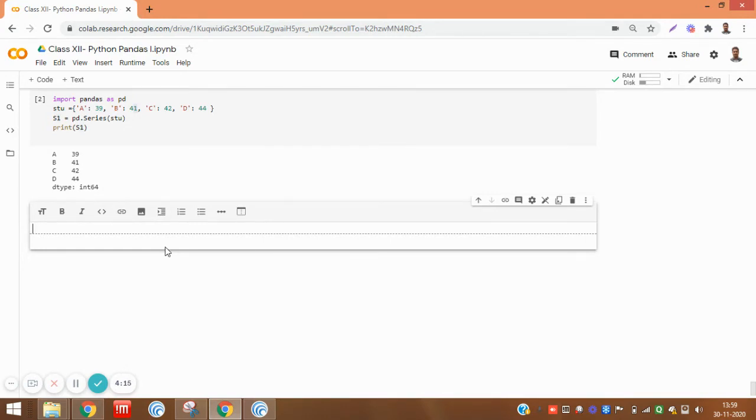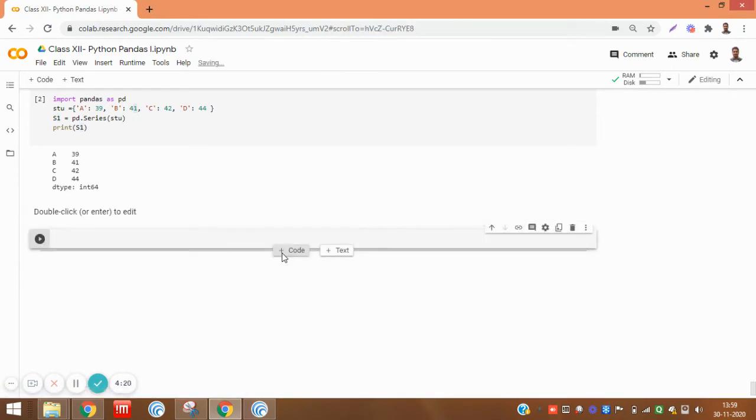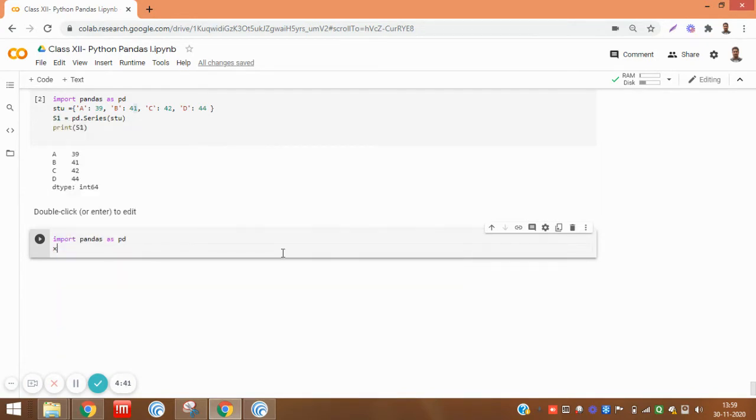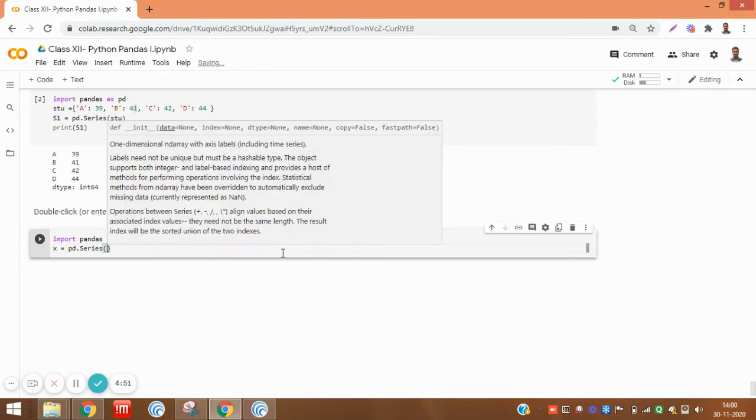So suppose we have taken here import pandas as pd, and I have written x equal pd.Series, and then give any value.